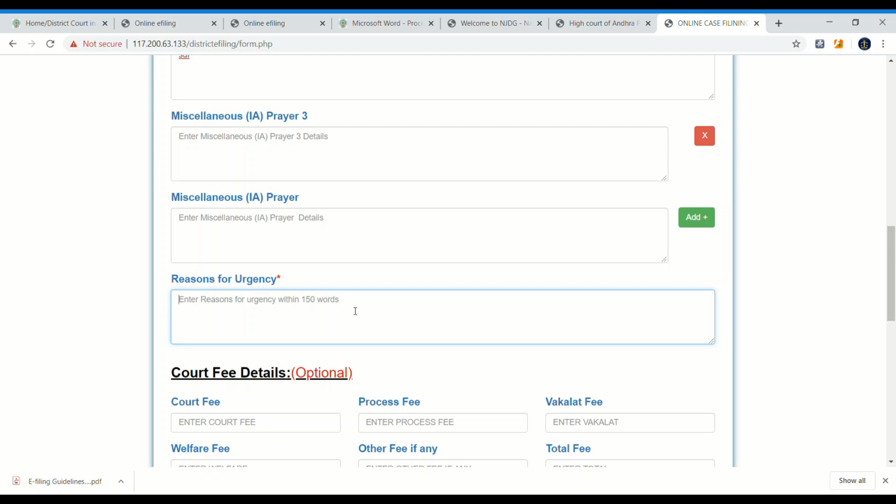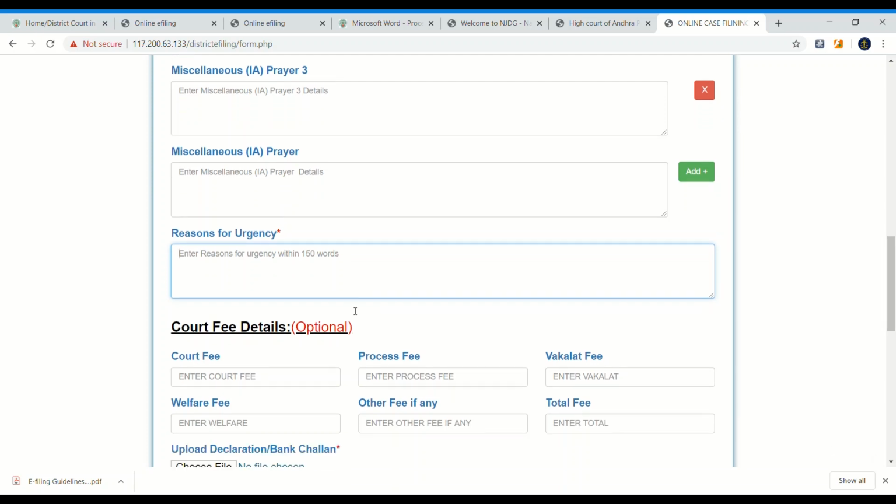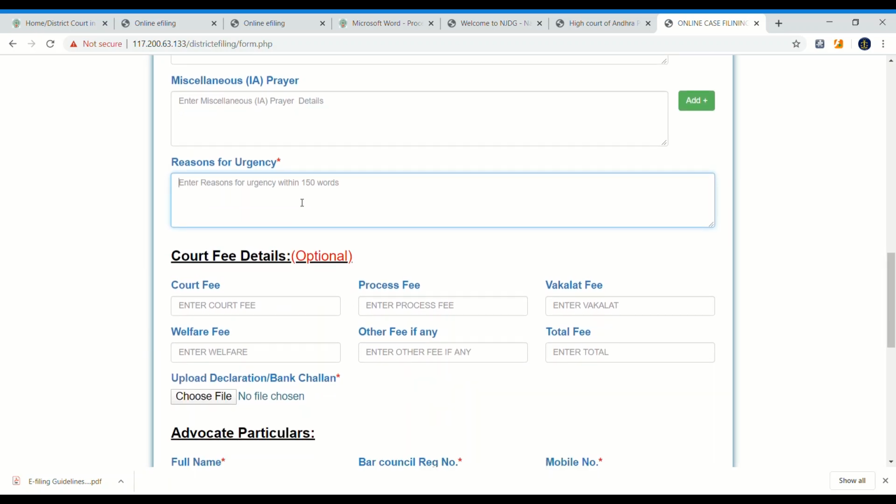So very carefully and mandatorily enter the reasons for urgency. This is the first and important thing. Based on this only, your case is accepted or rejected. Rejected means there is no urgency in this case, that's why it is rejected. So that's why you have to specify the urgency.